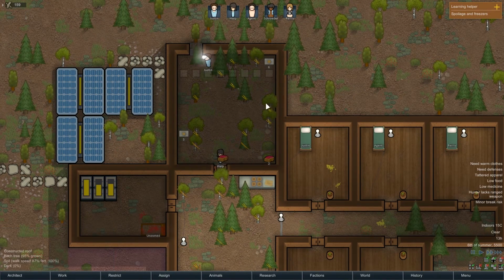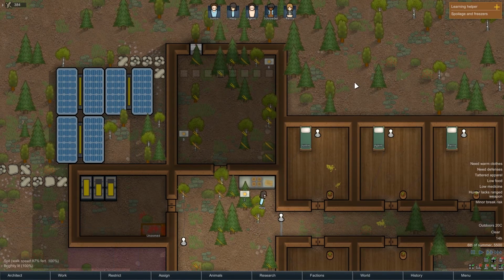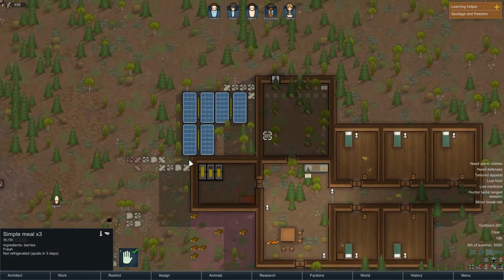Definitely need to get these trees out of here. We don't want trees in our freezer. They're not gonna do well. Get the plants cut out. There we go. Then, let's see, we'll take this down to 0. And hopefully this stuff...